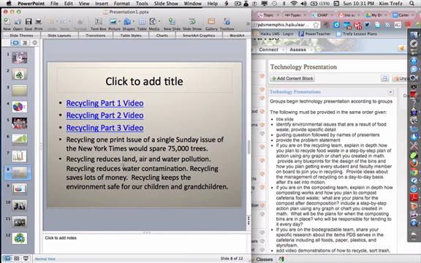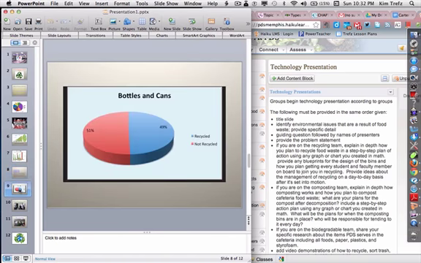This right here, recycling reduces land, air, and water pollution. This goes again with your environmental issues. The reason why I want that first is because we need to pinpoint the purpose of this project. This is a sustainable project. We want to explain our purpose in the very beginning. So this would be a great part to your environmental issue slide in the very beginning, followed by your guiding question of how we're going to solve or help eliminate waste and solve the PDS waste problem. That would be our guiding question.